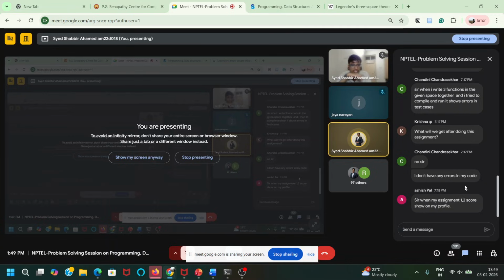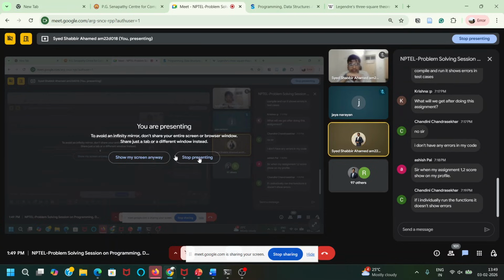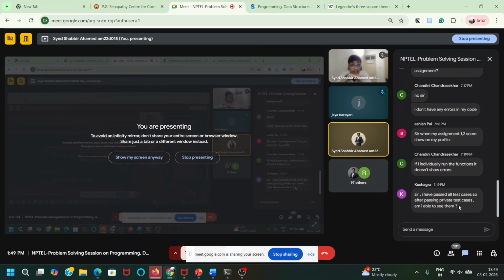Ashish, this assignment's scores will appear after the due date is over. If I individually run the function, it doesn't show the error. You will not be able to see the private test cases, that will be in the backend. If the public test cases are passing, then it's fine.